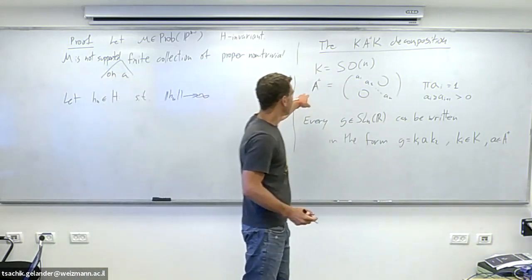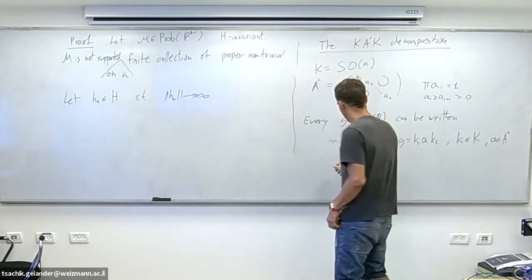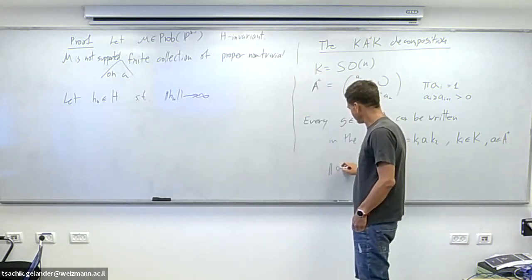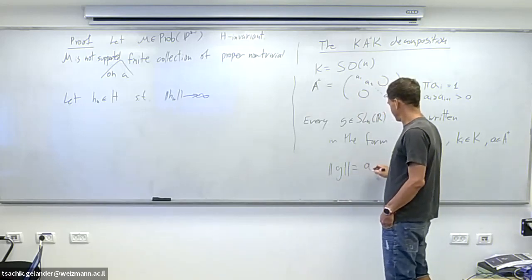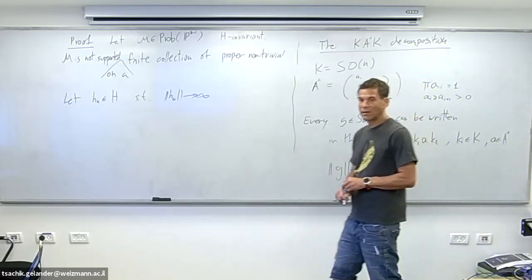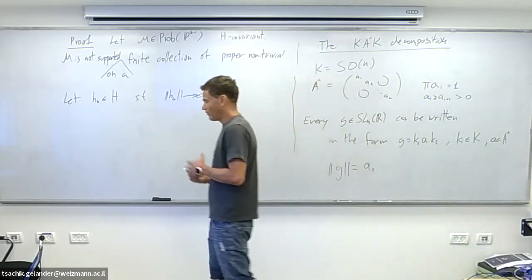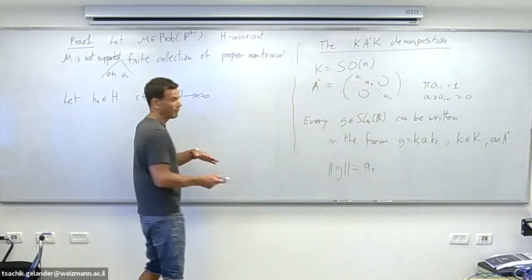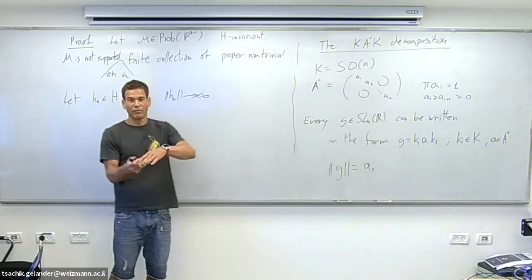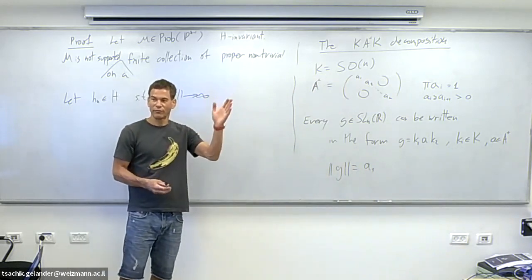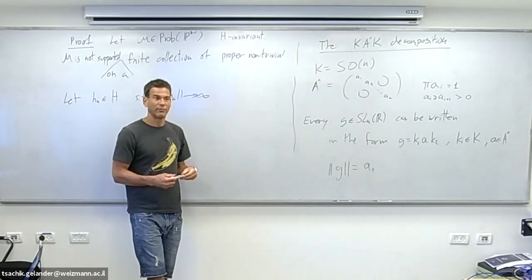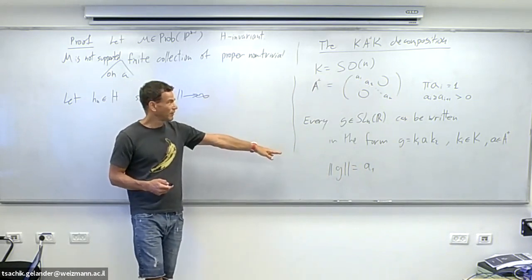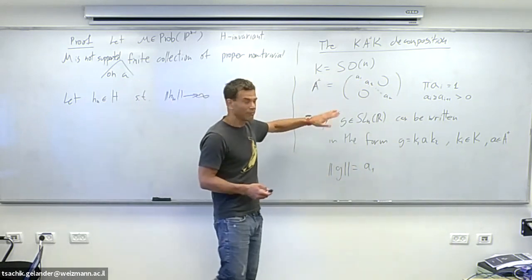By the way, another exercise, what is the norm of G? The operator norm is just A1. When I consider the operator norm, I take a unit vector and look at the maximal norm of its image, so it's exactly A1,